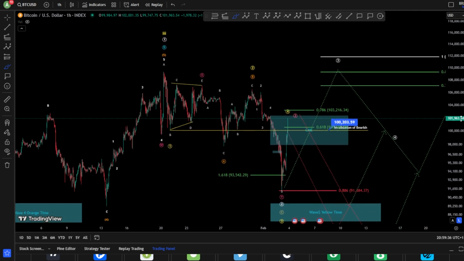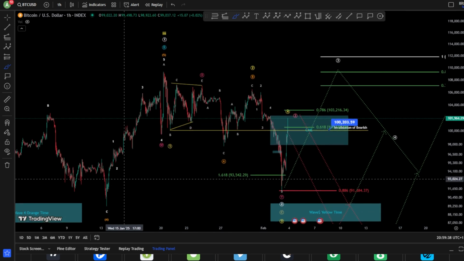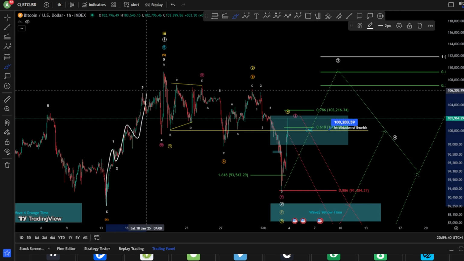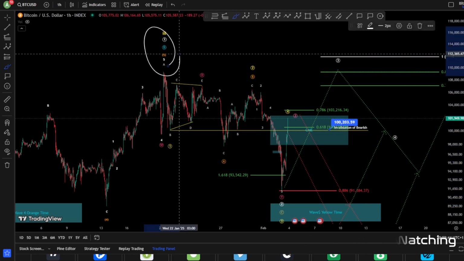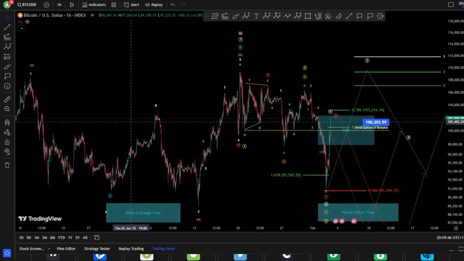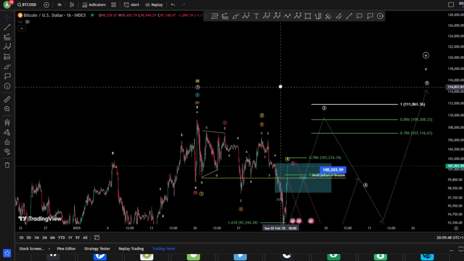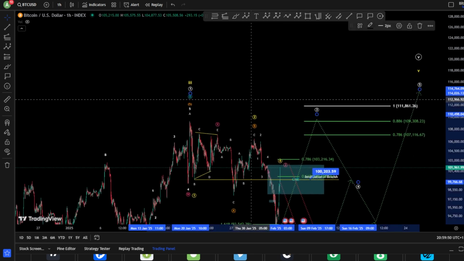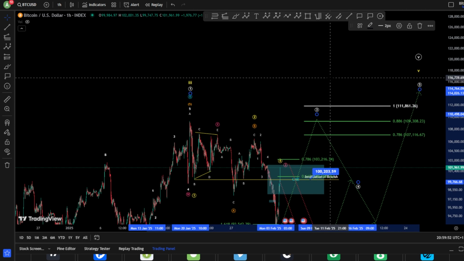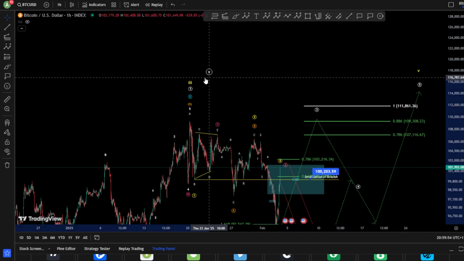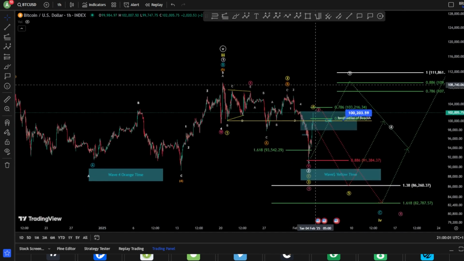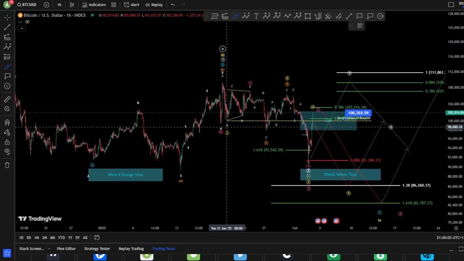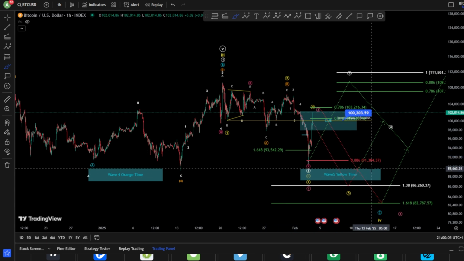So starting on the 1 hour chart here, we are looking at an impulse 1, 2, 3, 4 and a 5. Of course, it finished exactly here, finishing all these waves and counting before, where we are probably looking for currently a wave 1, and probably even a finished bull run with a big wave 5. Now, with these counts, the most probable scenario, and with this low which has touched